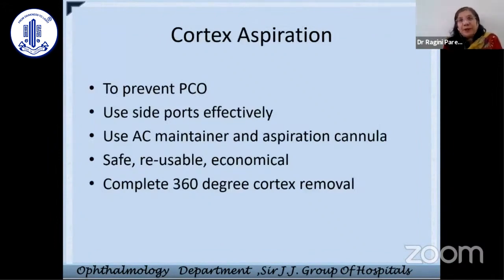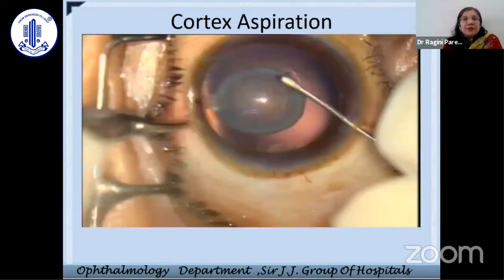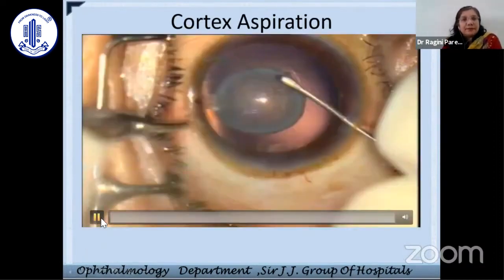Cortex aspiration is to prevent posterior capsular opacification. The use of side ports effectively to do a complete cortical cleanup really helps you in 360 degrees removal of cortex. We use a manual AC maintainer and the Lanez aspiration cannula because we do a large volume of cases and they can be autoclaved easily. They're very economical, safe, and reusable. So as you can see over here,